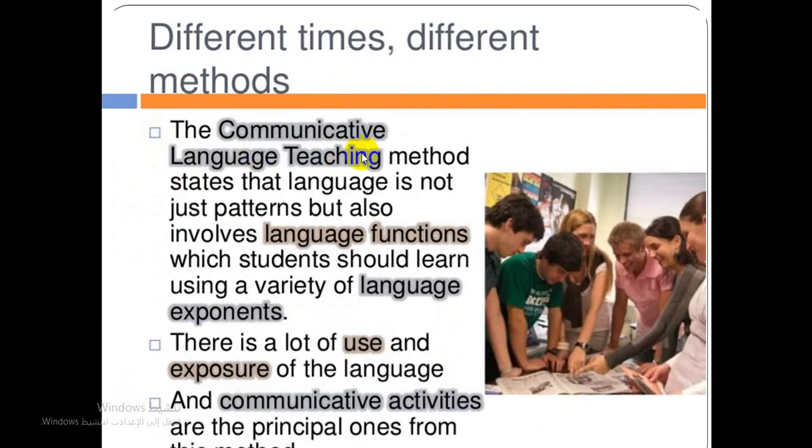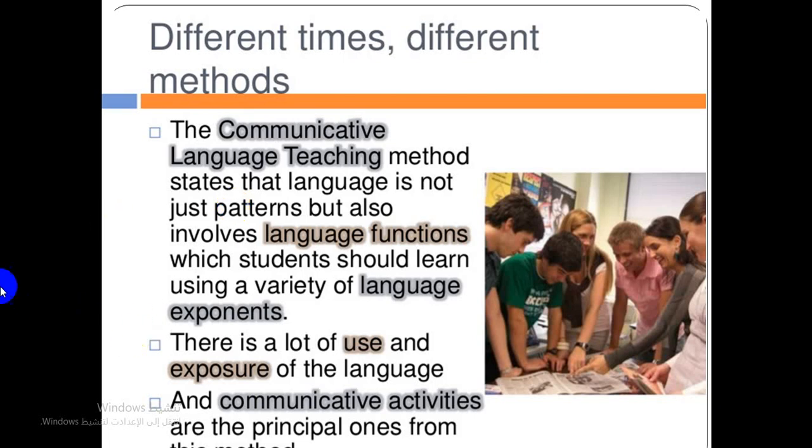And here we have communicative language teaching, CLT, which means the communicative language teaching method. It has two main guiding principles. The first is that language is not just patterns of grammar with vocabulary items slotted in, but also involves language functions such as inviting, agreeing and disagreeing, suggesting, etc., which students should learn how to perform using a variety